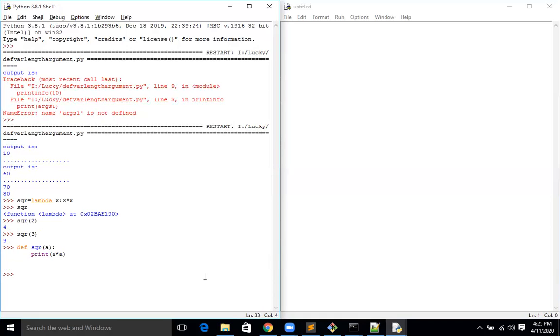You can rewrite this single line into these many lines: def sqr of a, return a into a, and then print sqr of 3, which gives 9. Just you are compressing the complexity of programming. Clear?